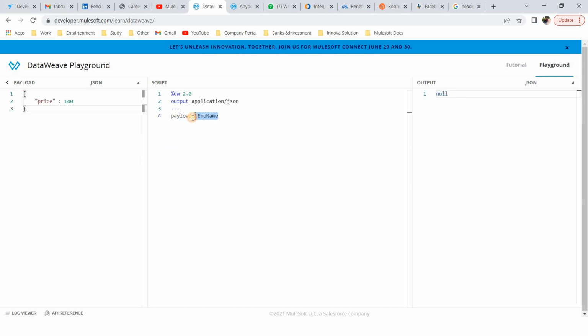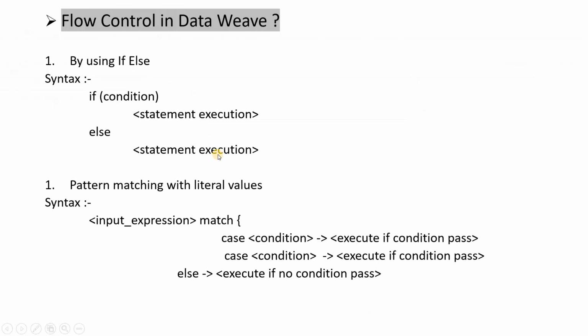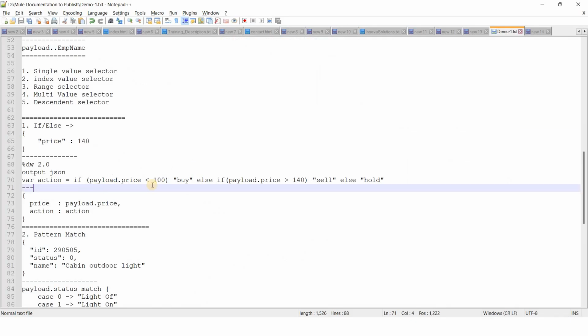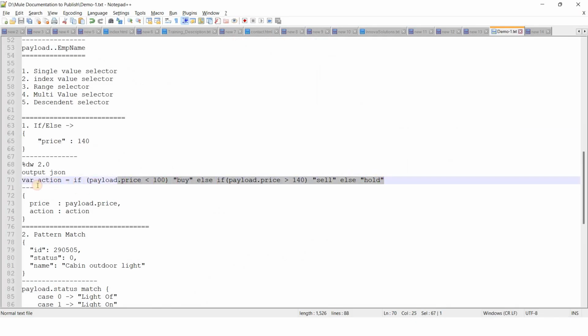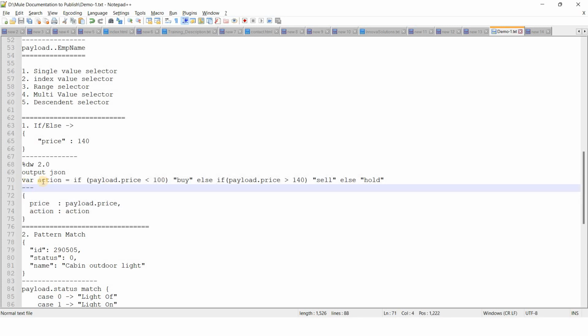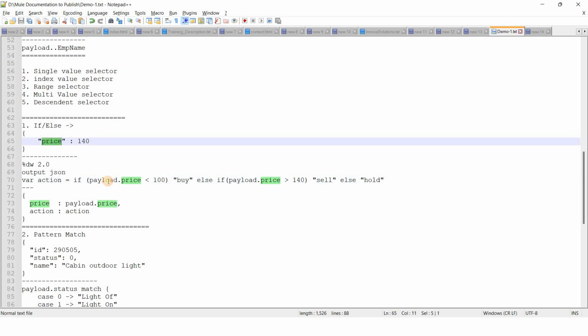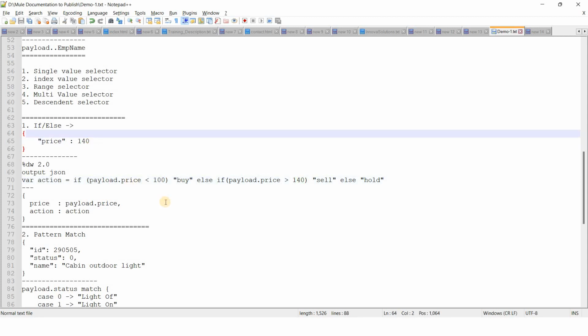Let me explain. Basically here we are defining one variable, that is action. In action we are writing the if else condition. If payload dot price less than 100. We have an input as price, and my input price is 140.